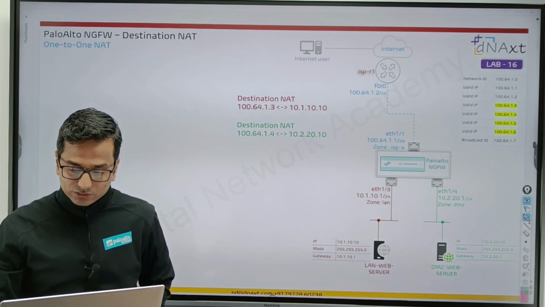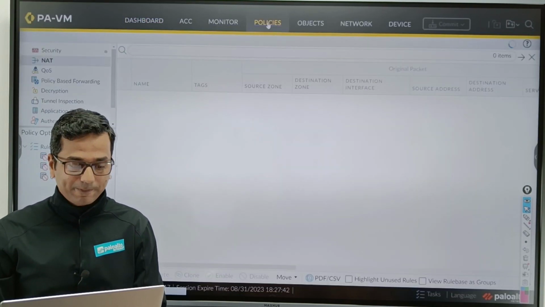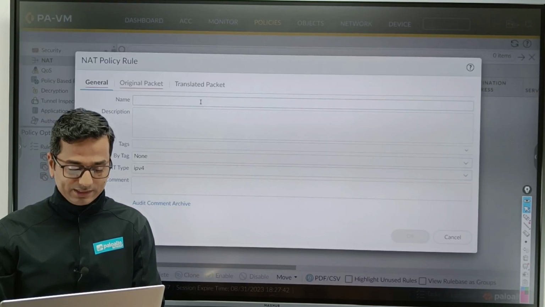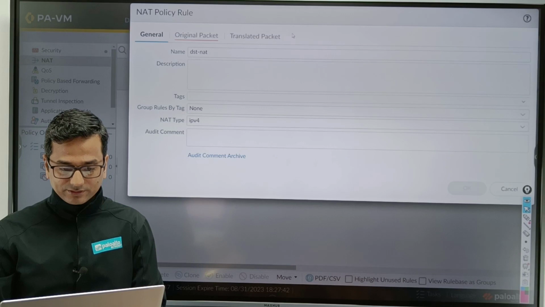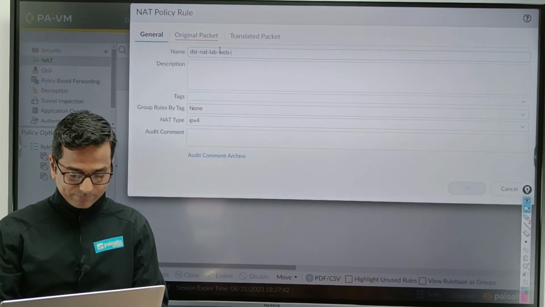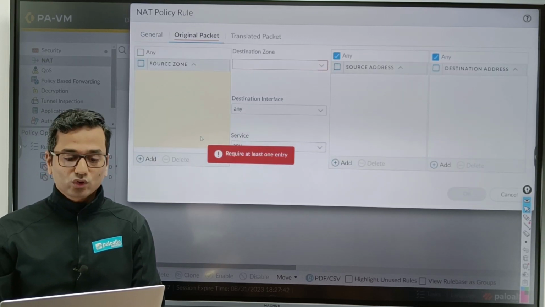Go to the firewall policy, NAT policy, add policy, and define DST NAT, destination NAT, LAN web server. Original packet, source zone.